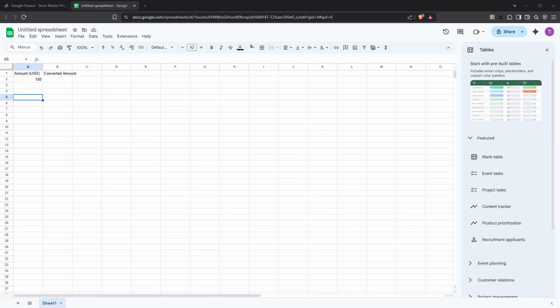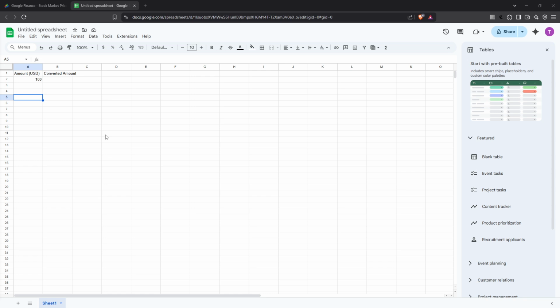In today's video, I'm going to teach you how to convert currencies in Google Sheets using the Google Finance function. This powerful tool allows you to access real-time exchange rates, which can be incredibly useful for anyone who needs to track or convert different currencies for work, travel, or even personal projects. Plus, the integration with Google Sheets means you can keep your data organized and easily updated just by using a